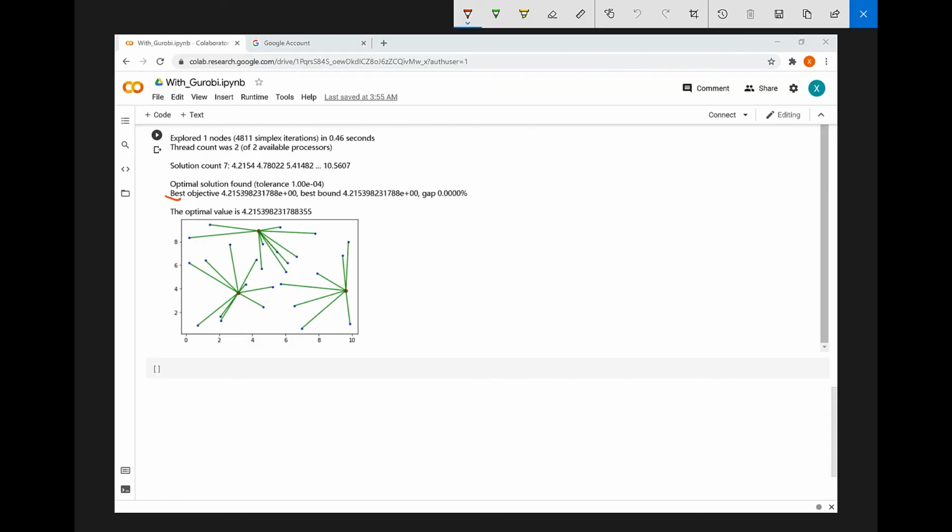And finally, Gurobi will give you the best objectives and then the best bound, and then here the gap is 0. That means it finds the optimum solution. And here the optimum value for our solution is given by 4.2, which is almost the same as before. And then the solution here can be given